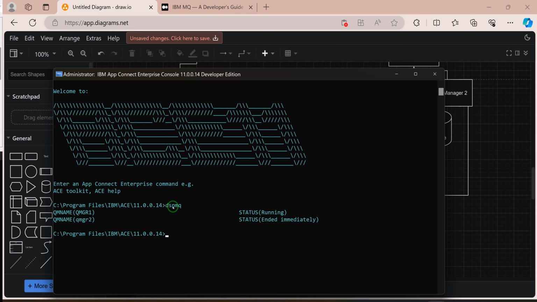Like dsp means display, mq means message queuing. So we have two queue managers, named qmgr1 and qmgr2. The start is running again, and this one is "hand immediately". When the status says running, that means it has started. When it says "hand immediately" it is not running. So if you want to run it, you could say